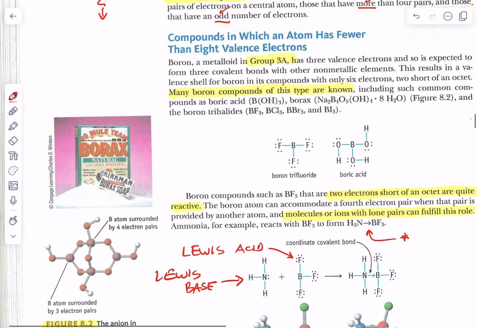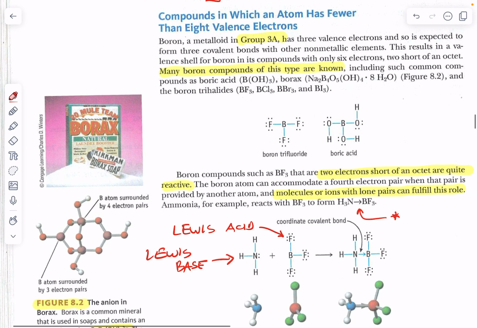Now, exception number 1 is when we don't have enough electrons for your central atom to have an octet. And this is pretty much relegated to boron. It's not exclusive as far as I know, but it's very common with boron. And anytime you see on an AP test the word boron and there's something about structure and things connected to it, you should be on the lookout for this exception to the octet rule, which, by the way, also ends up changing its geometry. And so we have lots of boron compounds that show this.